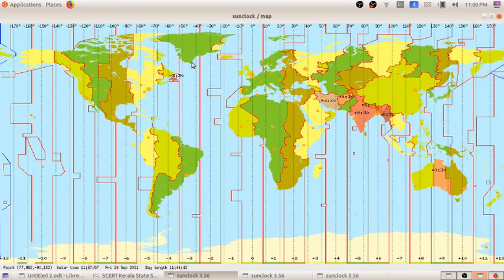Again I am taking 90 degree to east. I am clicking here. You can see 22:59, the solar time of Friday.